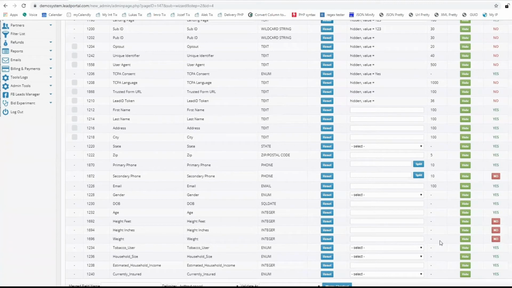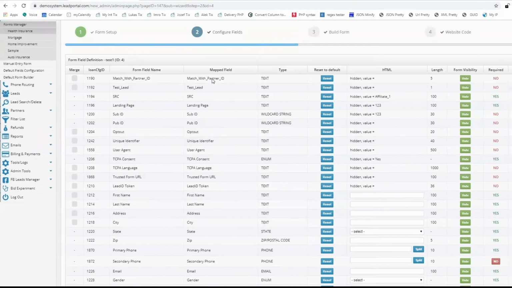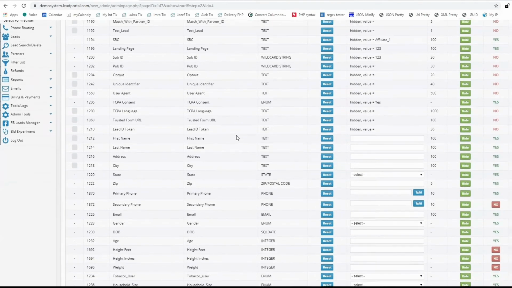You also have further options for making fields that are not required be required specifically for this form that we're on. So for example, since the system automatically takes a valid zip code and pre-fills in the city and the state, some people elect to just hide